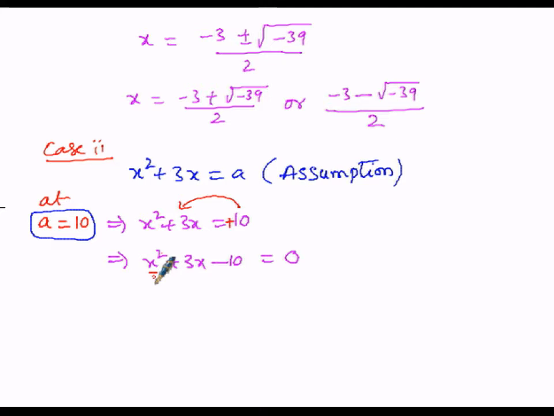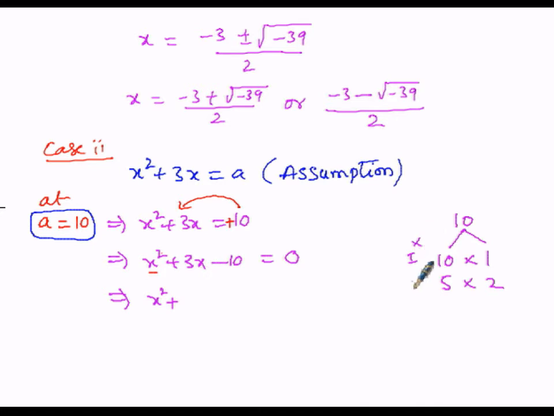So here x square plus 3x, how do we write the 3x as factors? The last term is 10. The factors of 10 are 10 ones are 10, and the other possibility is 5 twos are also 10. There are two possibilities. Either by adding these two factors or by subtracting them, we must get the middle term's coefficient. 10 plus 1 is 11, but 11 is not the coefficient of x, which is 3. 10 minus 1 is 9, so it is also not the coefficient of x. So the first option is wrong.